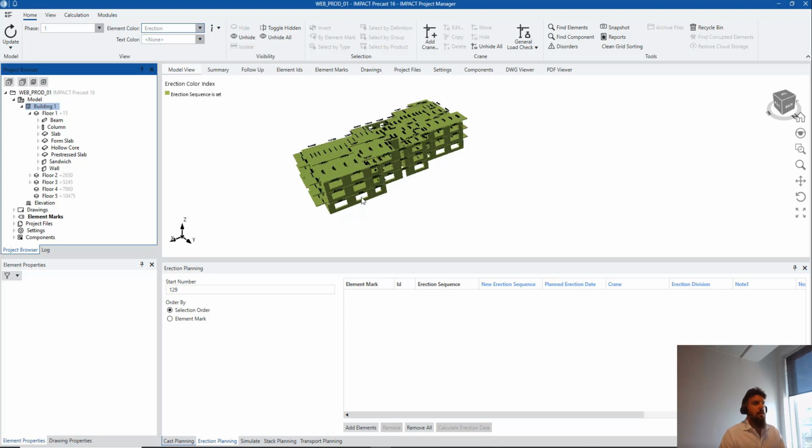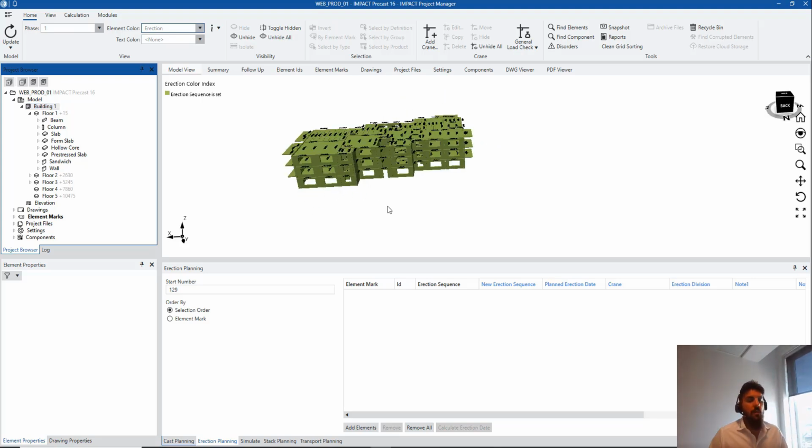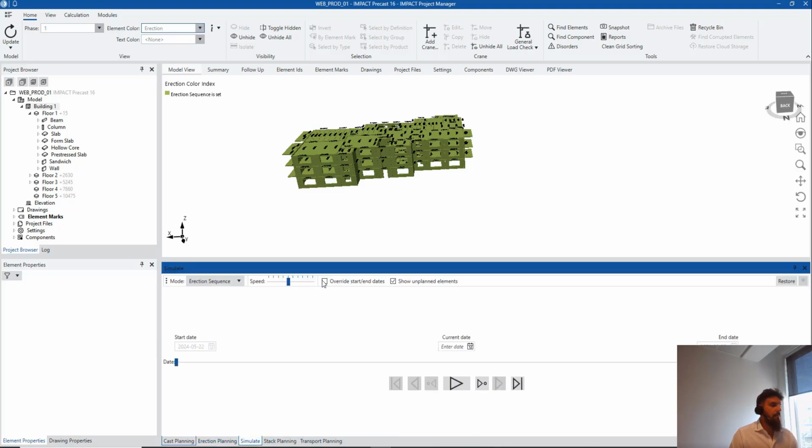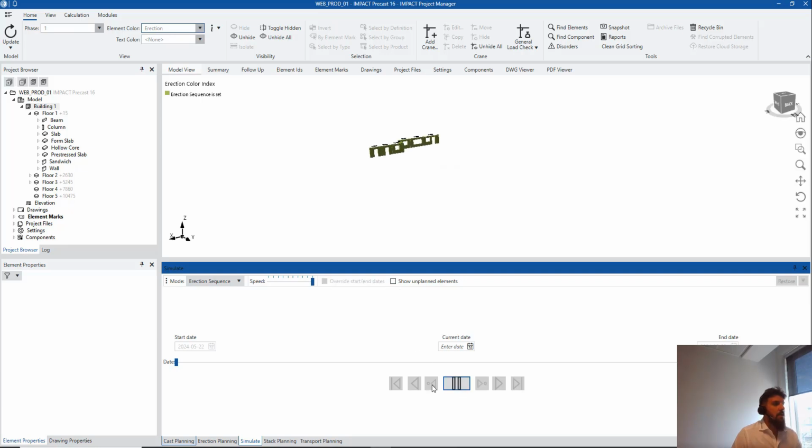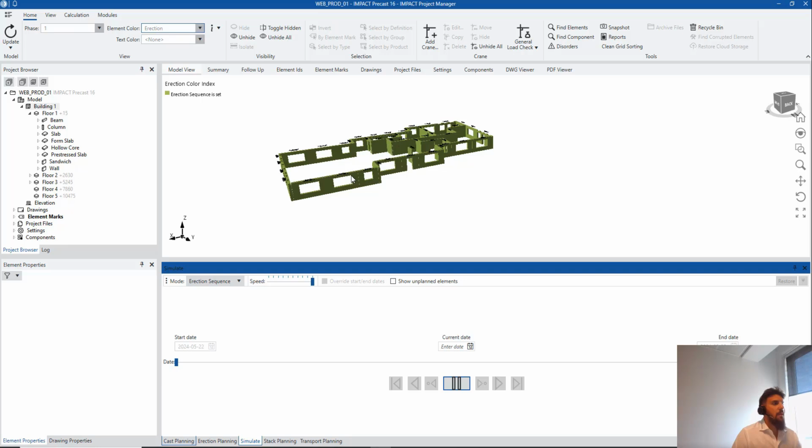When I get the erection sequence, I find it very important for a lot of people. I have had the erection sequence, as I said, for second and third floor. I found it very important, and a lot of people do the same, to actually simulate the erection sequence. And of course, I have used already 50 something minutes, so I would like to do it very quickly. I will start showing you very quickly how the project looks and how